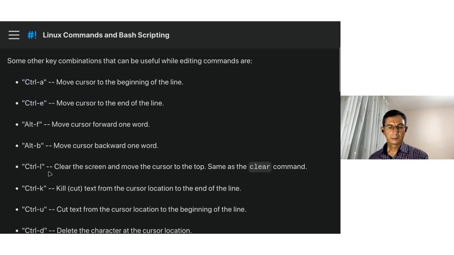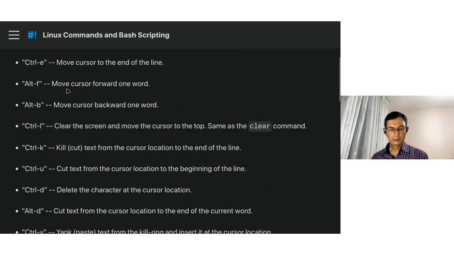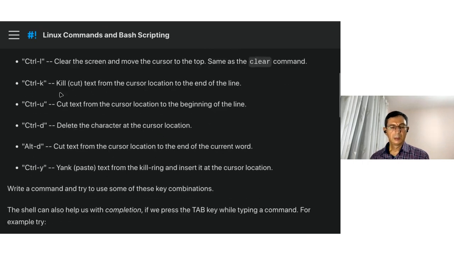I use this one frequently, Control K, cut or kill text from the cursor location to the end of the line. I use this one as well. Control D if I want to delete. So I press Control A and then Control D, Control D, Control D to delete the current command and then